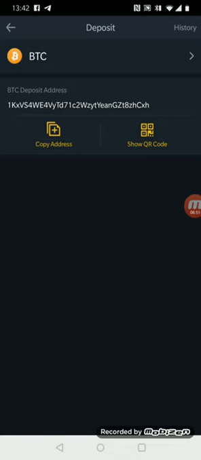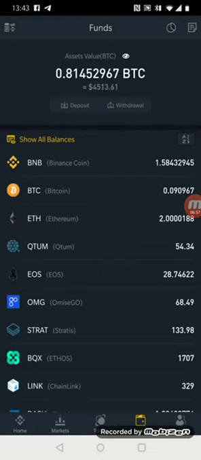Yeah, and you want to buy a little bit extra than what you want to trade with, because you're going to have to buy some BNB coin. So you're better off just buying a little bit more Bitcoin, and then right at the bottom here you see the funds account, funds, trades, markets, and home. I'm just going to click on trades,